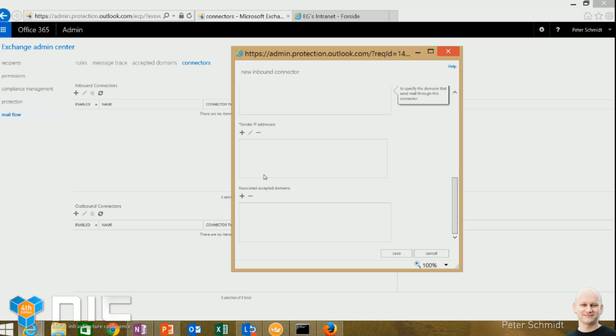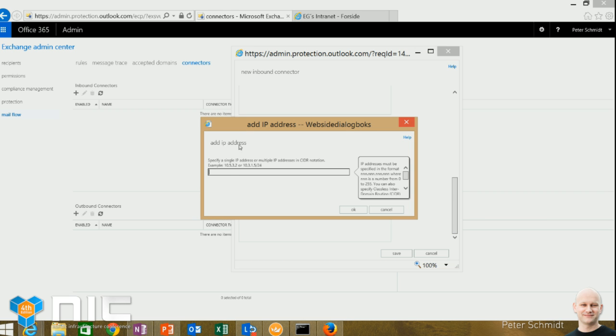So who is delivering or communicating with this connector? Here I want to put in the IP address of my on-prem mail server, and that would be the public IP, of course.